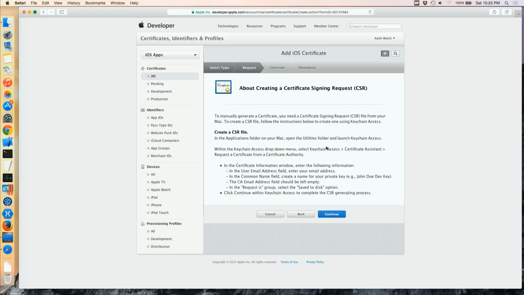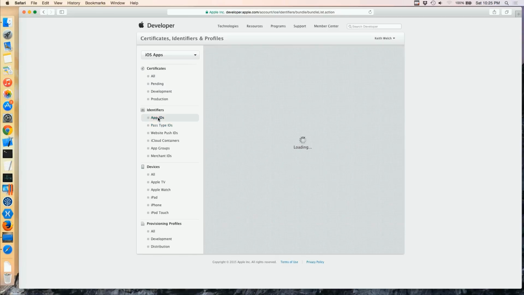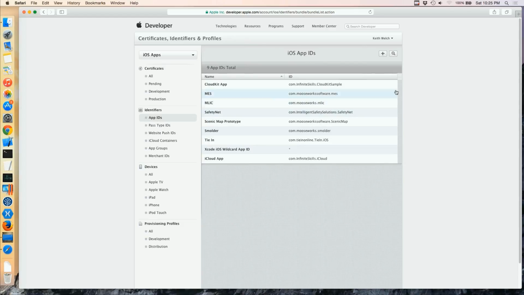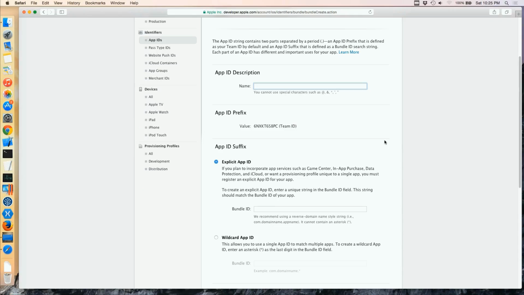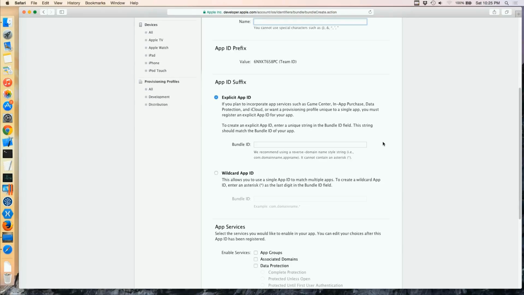Once you have a certificate and you want to create an application, you need to create an application ID. And you give your app a description. The prefix is already filled in, and a bundle ID. The bundle ID has to be a unique name for the application. In general, the best way to start a unique name is to use your web address or domain name in reverse. So for me, it's com.mooseworks